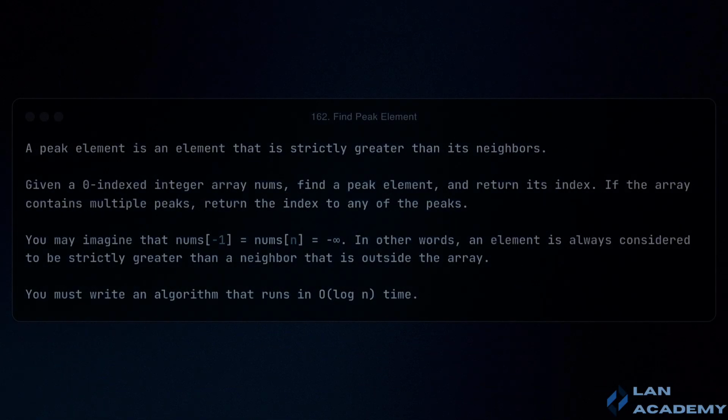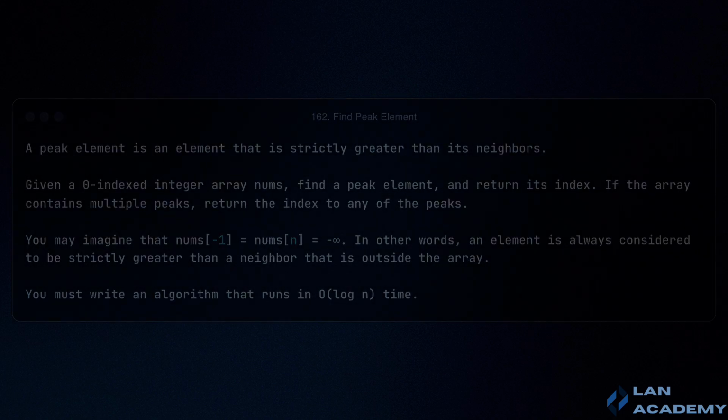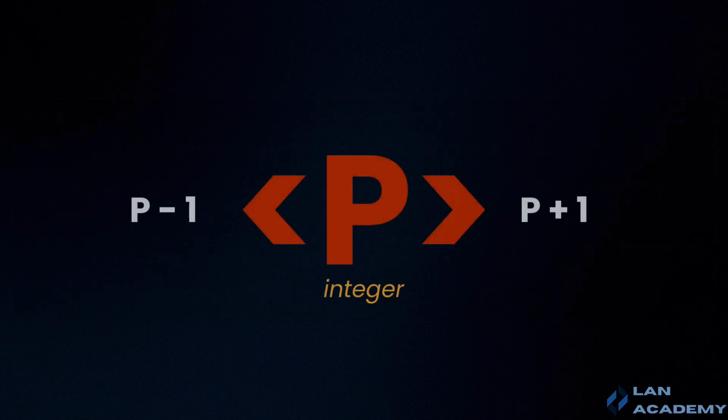In this problem, we are given an array of integers called nums, and the task is to write an optimized algorithm with a time complexity of O(log n) to identify the positions in the array where peak elements are located. A peak element is defined as an integer that is strictly larger than its neighboring elements.